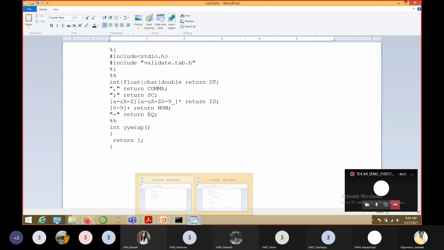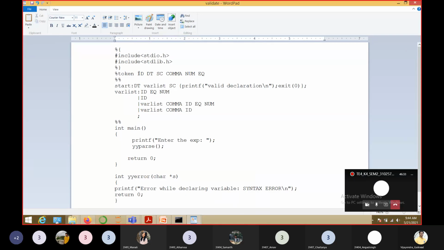Okay, so here you can see, in Yacc, I have told that there is a declaration section in which we have included the required header files, stdio.h and stdlib.h, because we are using the exit(0) function. That is why we require that. Now here is the definition section, right? As I told, the definition section starts with a percent sign, and if we are defining tokens in the definition section, we write the keyword token. And what is the list of tokens?